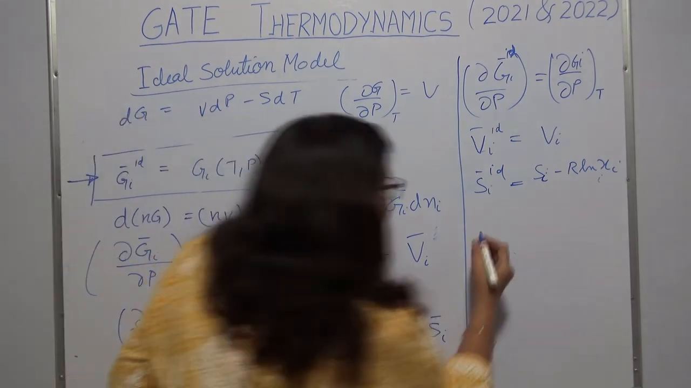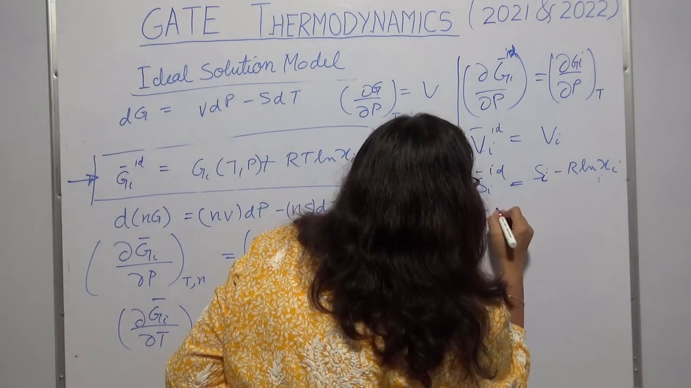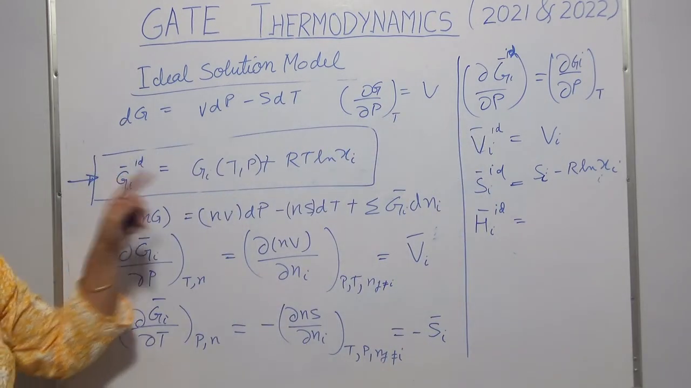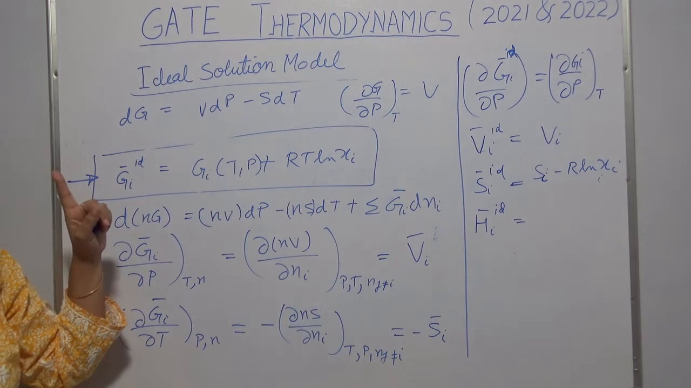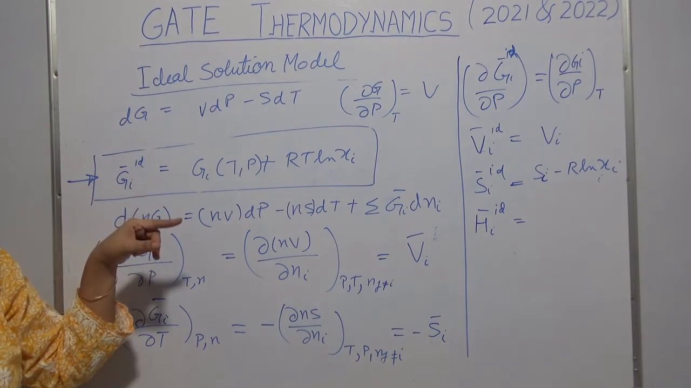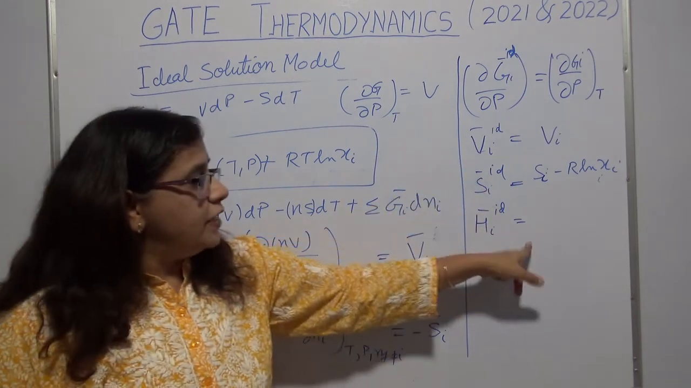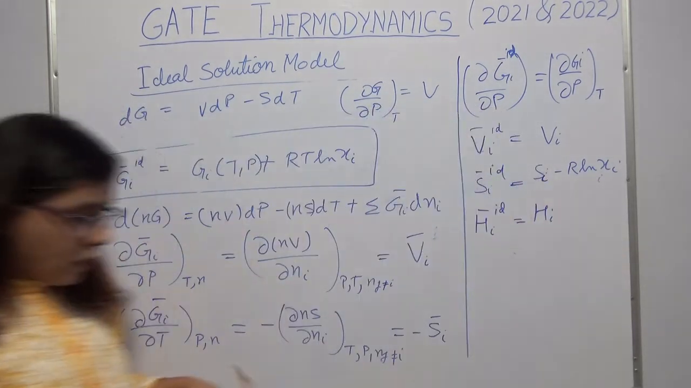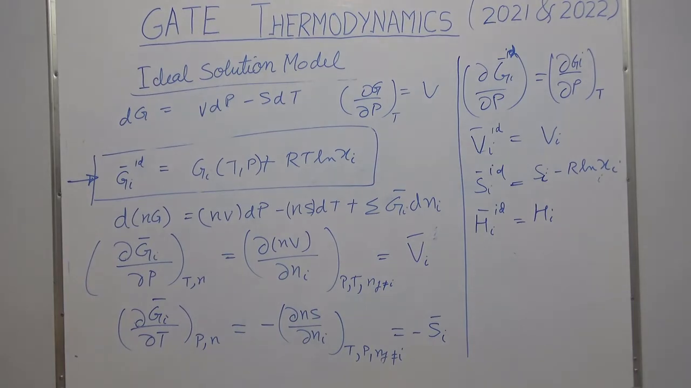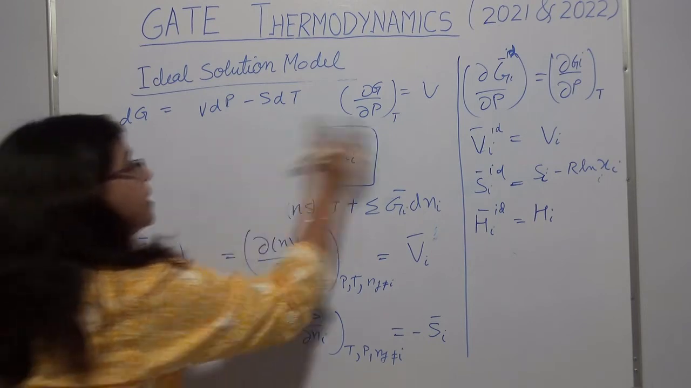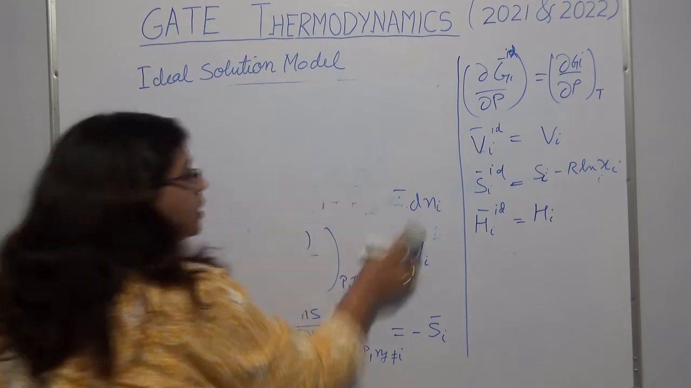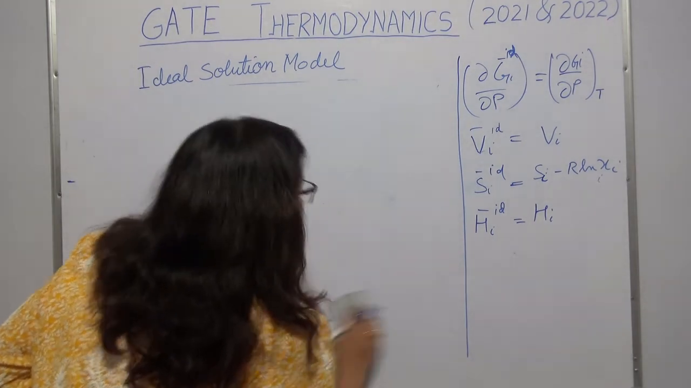Now you can also go ahead and try to derive your partial molar enthalpy. What you will do is just use the definition G is equal to H minus TS. So H will be equal to G plus TS. Put those values in and find it out, and what you will find is that it is equal to Hi. I am leaving that for you to do because it's very simple. So what I have done is, using my ideal solution model, I have now derived my partial molar